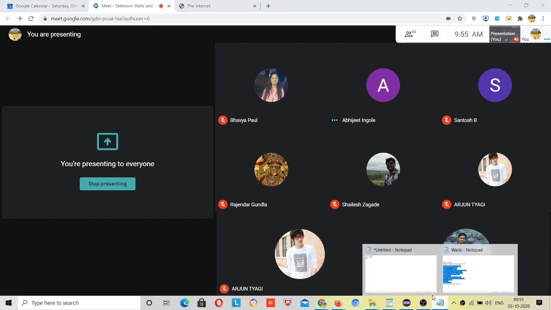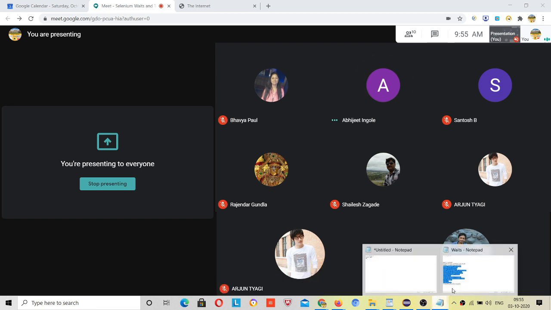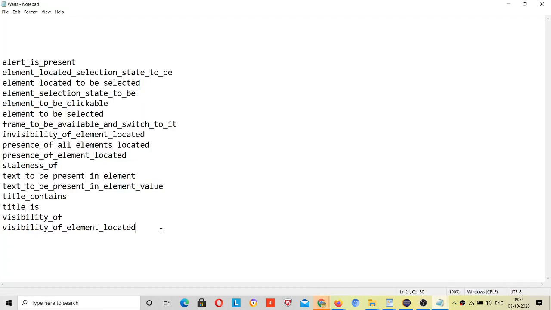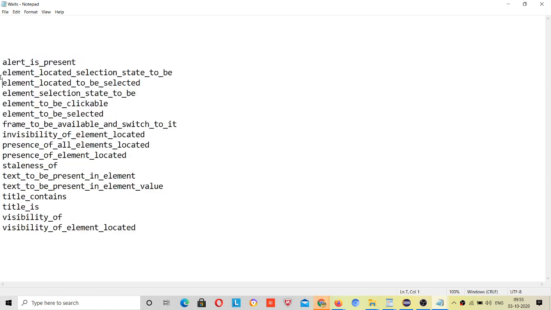So see, this many conditions are present with the explicit wait, but explaining everything over here is not possible. You can explore this, I will ping it. Presence of element located, presence of all elements located.